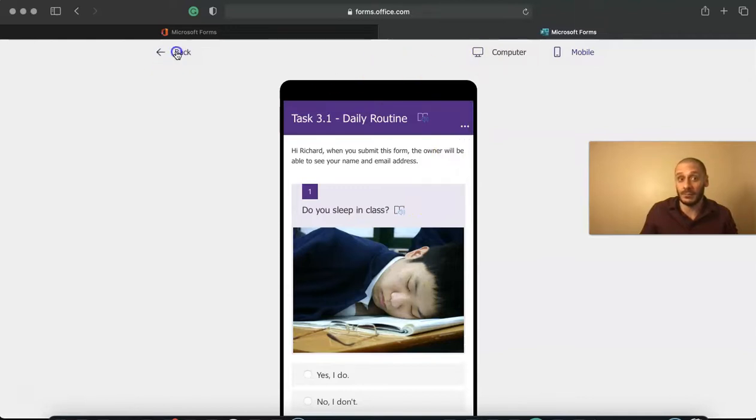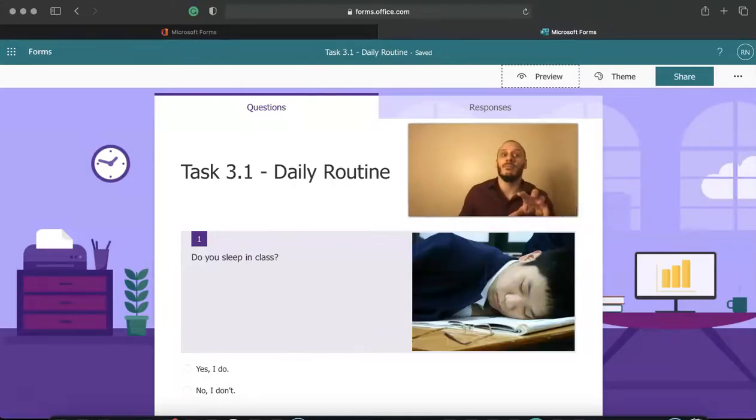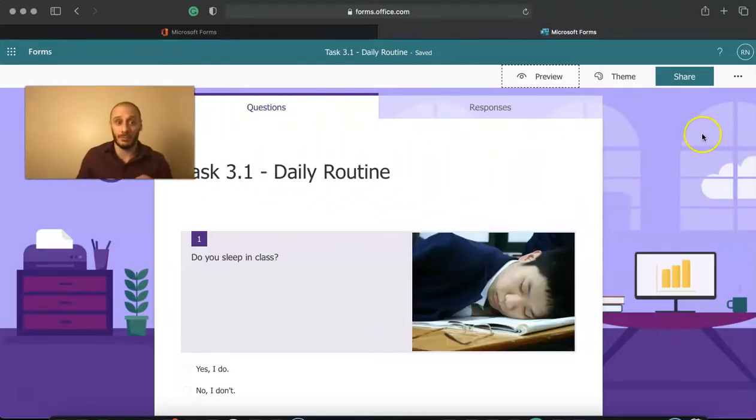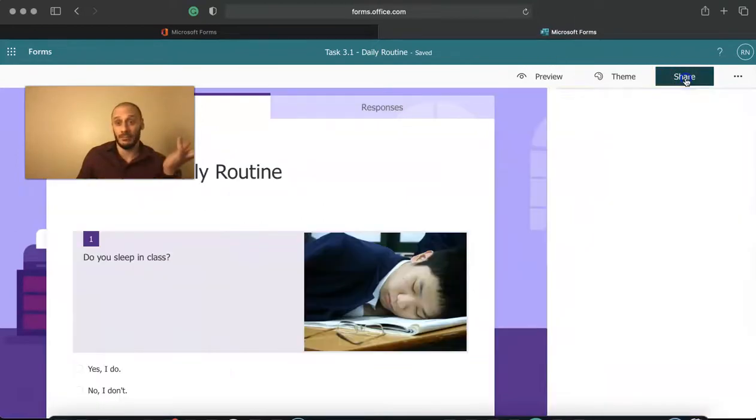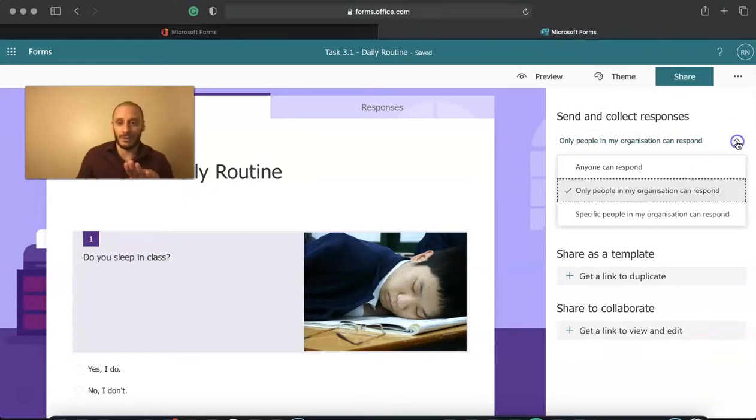MashaAllah, nice. Now, last step is where some students have the problem. When you finish the quiz, you have to press share. You have to change this box. If you do not change this box, we have a problem.